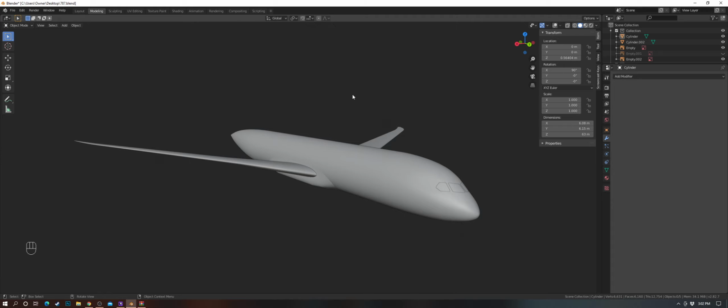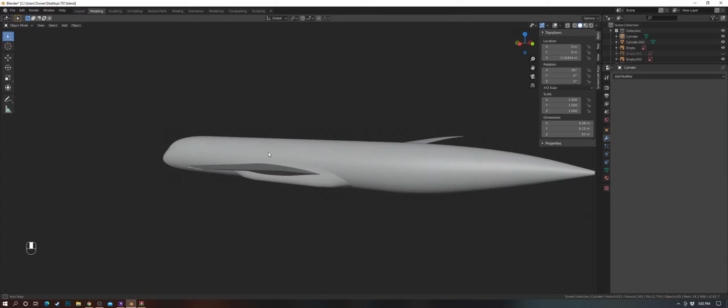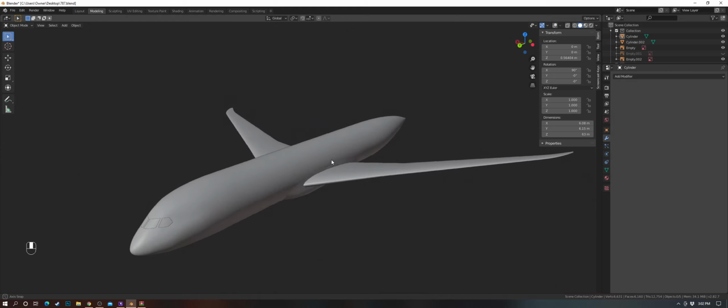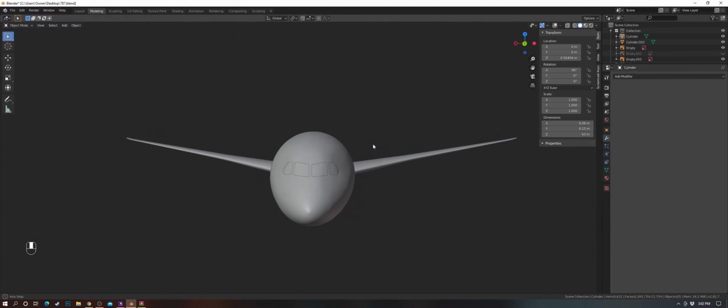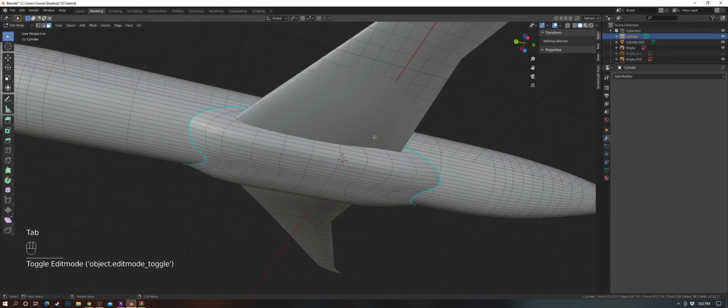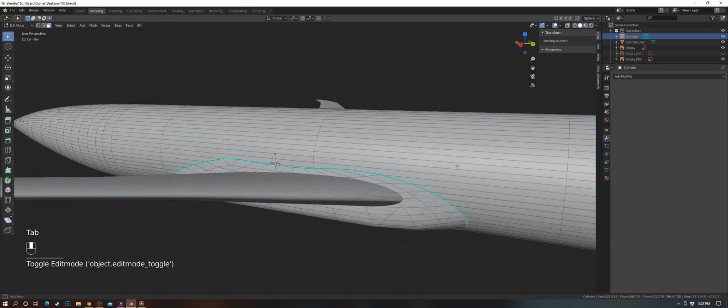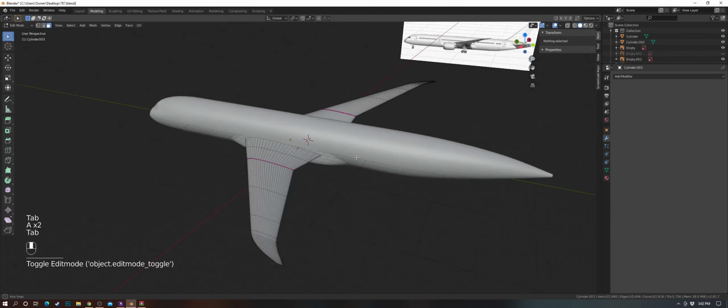We're going to be doing the tail today and the horizontal stabilizers. We might get to doing something else if we aren't too long into the video already. But just to recap from last video, we did the wing box, as you can see here. Looking pretty good, if I say so. The wings as well,